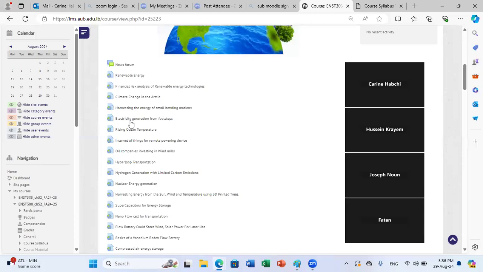So in the first part of this course, we'll focus on the different types of energy and how we can convert from one type to the other. In addition, as we said, the global warming effect and climate change will be covered in this course material. So one also possible topic will be to consider rising ocean temperature. Other ideas, for example, might be also related to Internet of Things for remote powering device. So this is an interesting topic related to